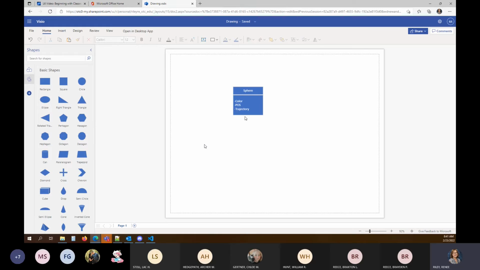So now, under our attributes, we want one more grouping. This grouping is going to be all of our actions, the behaviors of our class. The first thing I'm going to have is my instantiation. These are all going to start with pluses because they're going to be public.